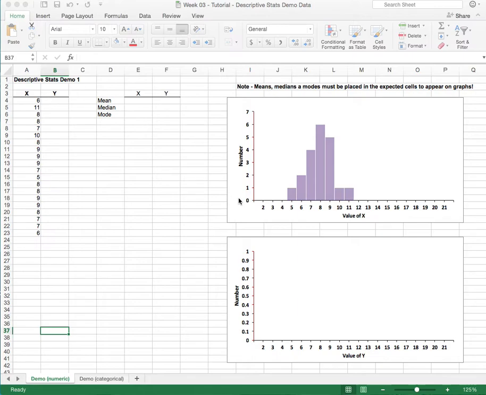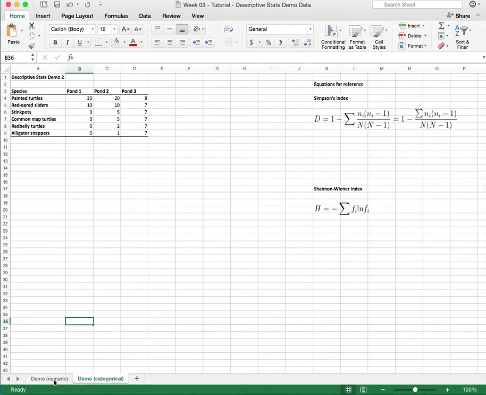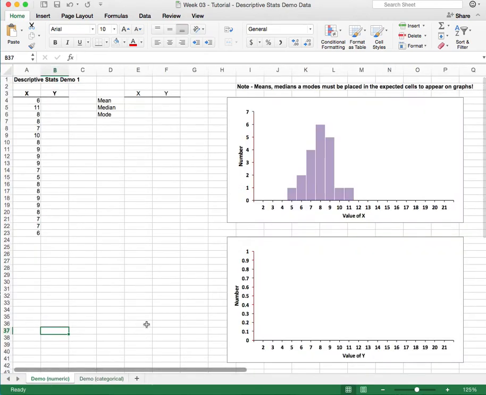You can find the file on the Blue Line site, week 03 tutorial, descriptive stats, demo data is what it should be called. And when you open your file, you will see that it looks something like this. We have two worksheets, a demo numeric and a demo categorical. We'll deal with the categorical when we get there. So if we look at the demo numeric data here, we have a column for x and y. We'll deal with x first, and then we'll look at some of the